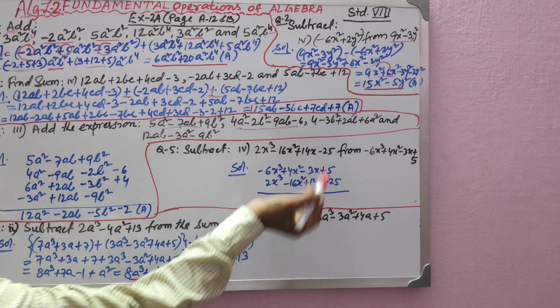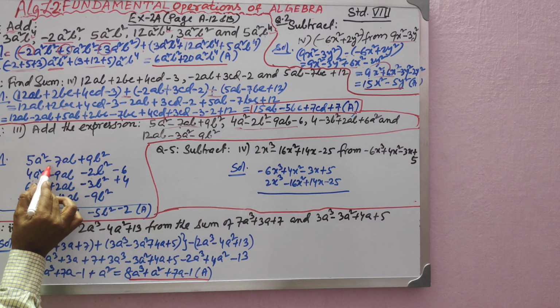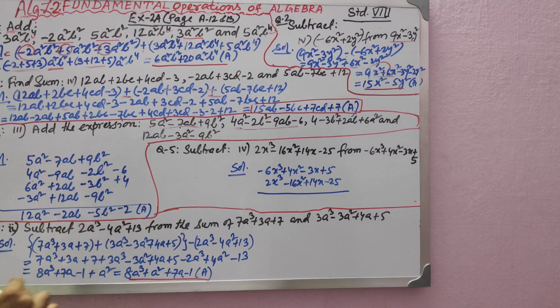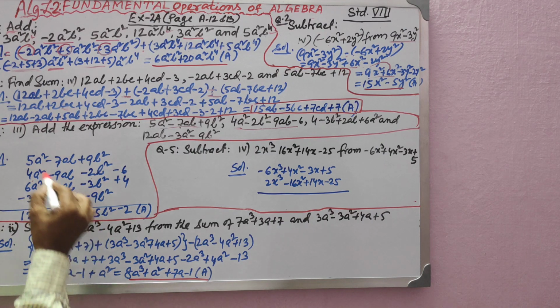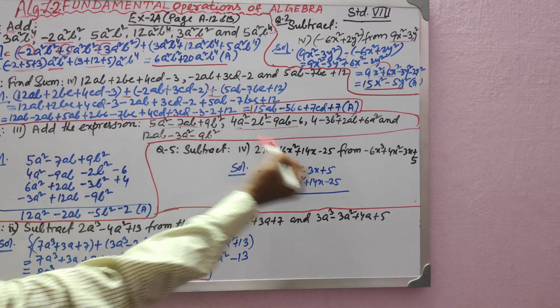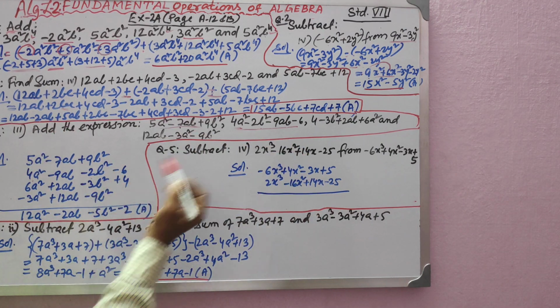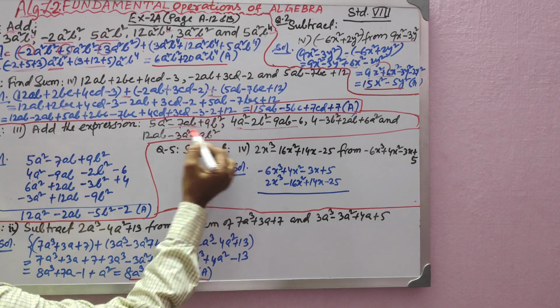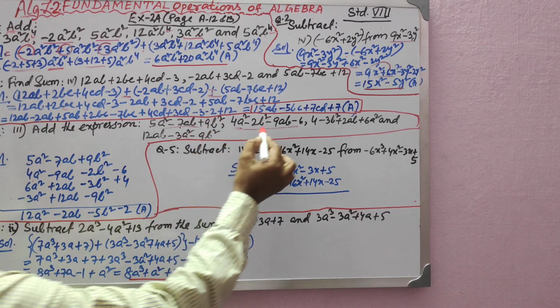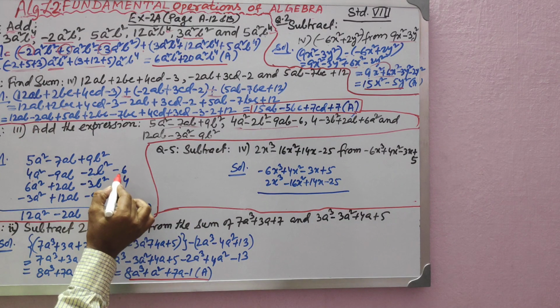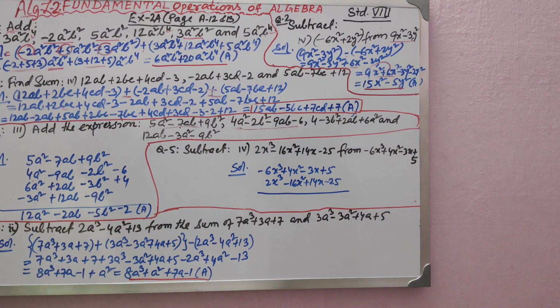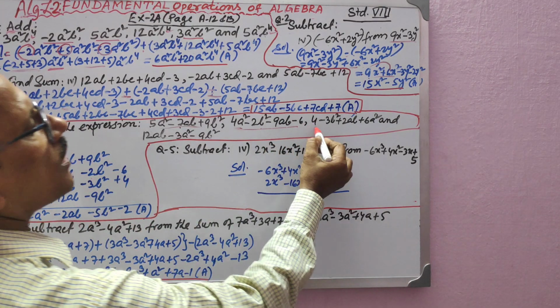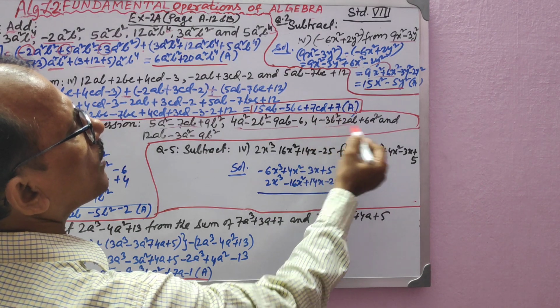Now 9ab, where the first addend ab was here. If any of the terms is not there in the first addend, I will write it separately, just like minus 6. There was no constant term in the first addend, therefore the constant term in the second addend has to be written separately. Could you understand me? Now, the third addend you see, 4 minus 3b square plus 4.